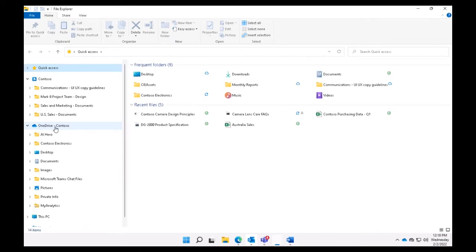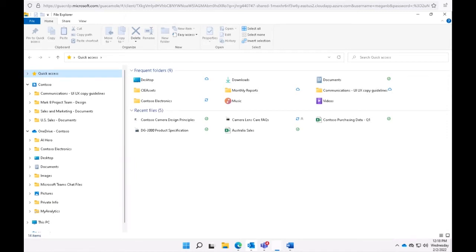And so I just want to make sure it's called out that that is your OneDrive, not necessarily SharePoint, because we want to make sure we're articulating some of those differences. You bet. You're going to see the difference in the icons as we go through the demonstration. When you're in OneDrive, for the sake of the demonstration right now, it does say Contoso there, which is